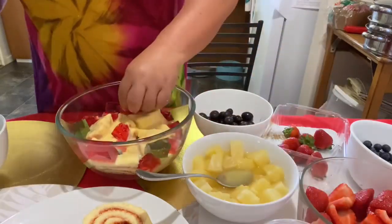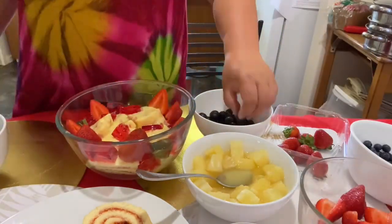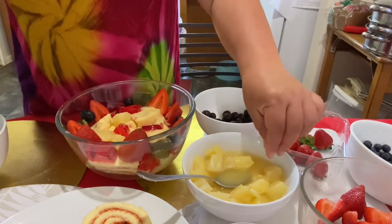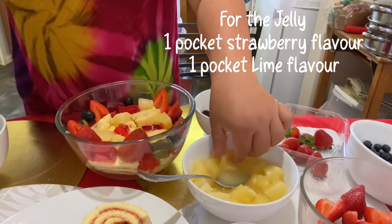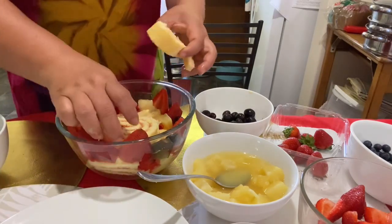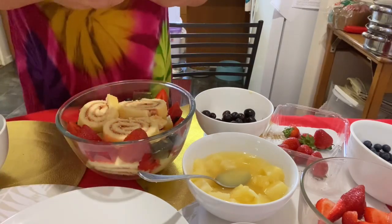I wanted my trifle to look festive, and yes, I tried my best to, of course, arrange all my jellies, fruits. I put around 10 to 12 pieces of pineapple chunks, and then put the jam roll at the top, then put the custard. Okay,